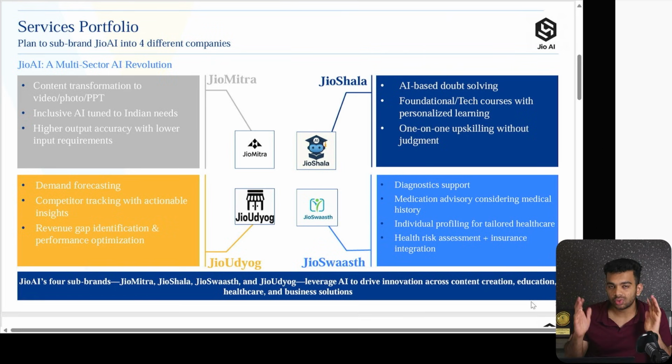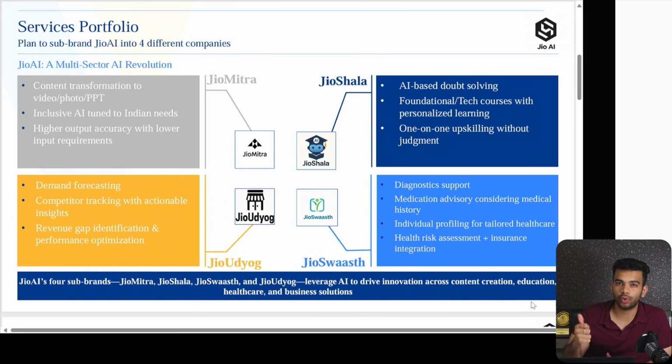So it just goes to show that going the extra mile helps, that you put in that extra little bit of effort and that counts towards the final result. Because as you can imagine, 543 teams, and we came second in that, and we also lost by a very small margin to the first. So the point being that in these aspects, the smallest of details, the smallest of efforts, they count. So this slide mainly has our solution of splitting JioAI into 4 companies, and then we've also talked about